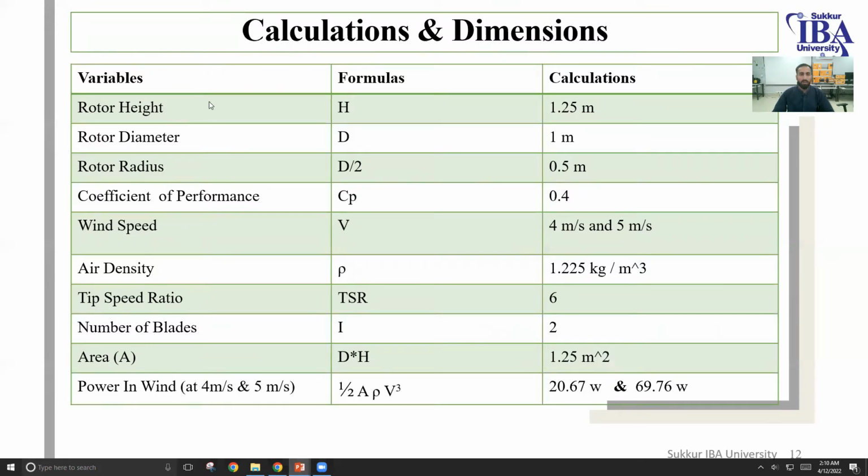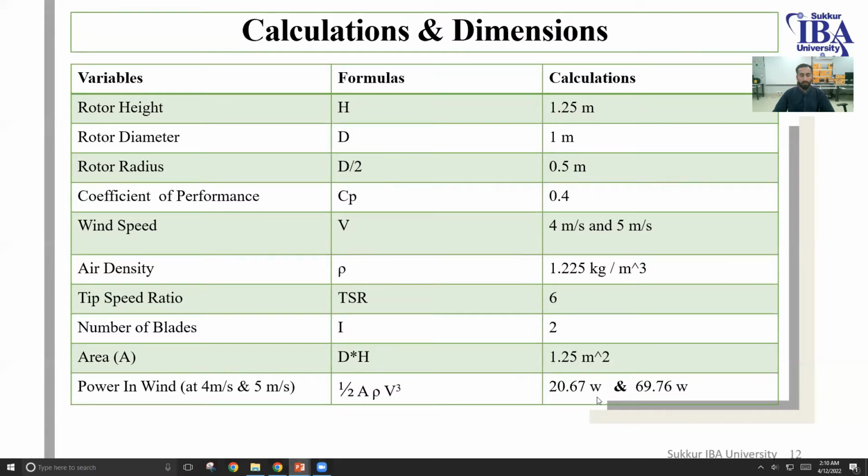These are calculations and dimensions. Rotor height is 1.25 meter, rotor diameter is 1 meter, rotor radius is 0.5 meter, coefficient of performance is 0.4, wind speed is 4 meter per second and 5 meter per second, air density is 1.22 kg per meter cube, tip speed ratio is 6, number of blades are 2, area of the wind turbine is 1.25 meters square,